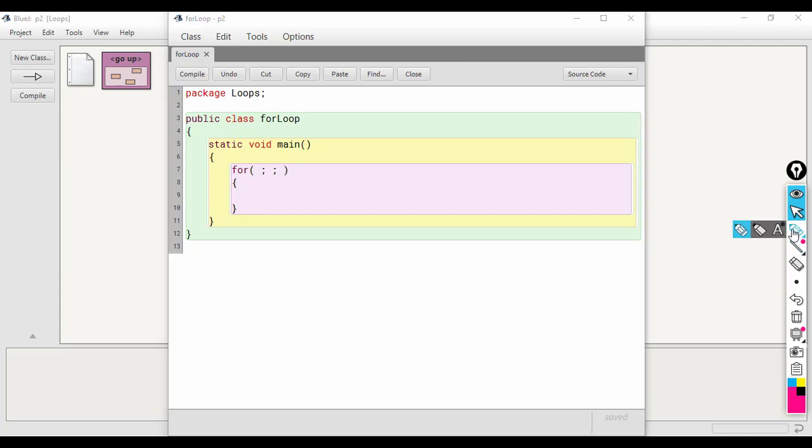So this is the syntax for loop. First you have to write the for keyword and then open parenthesis. Inside the parenthesis you will have three different components, separated by two semicolons. The first part represents the initialization.